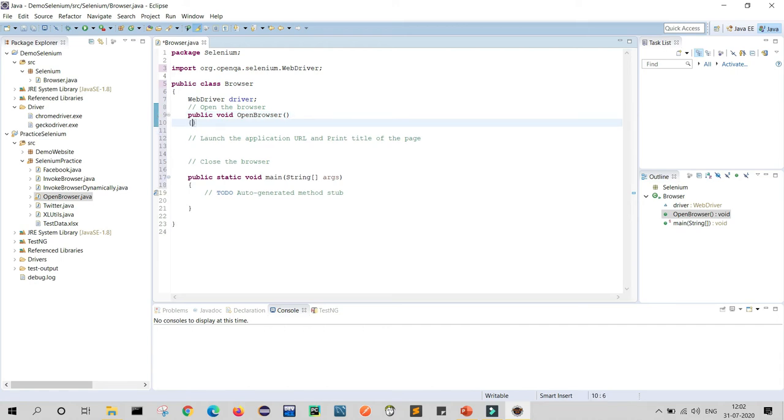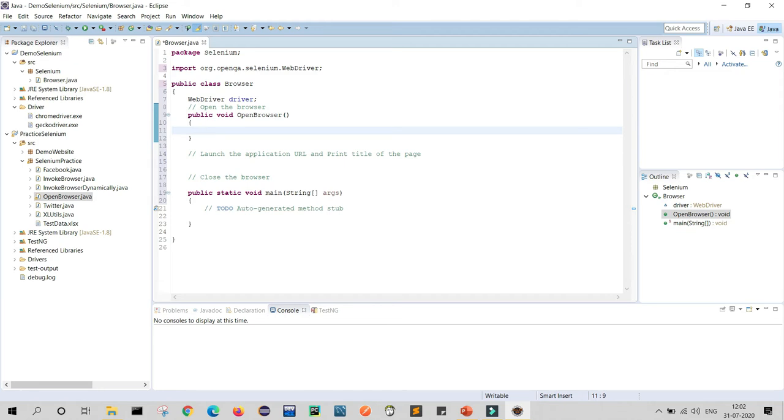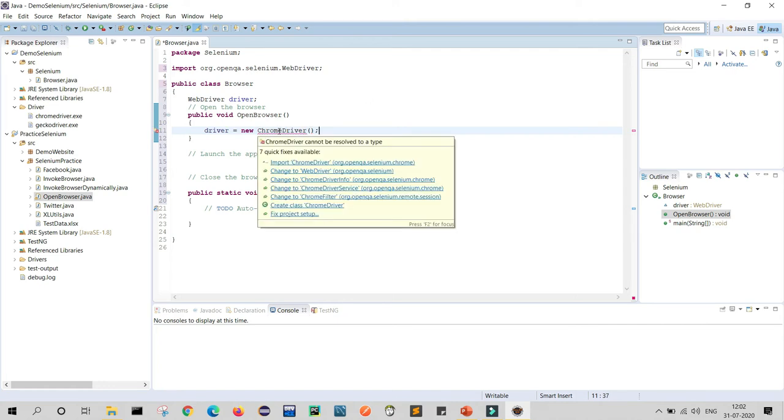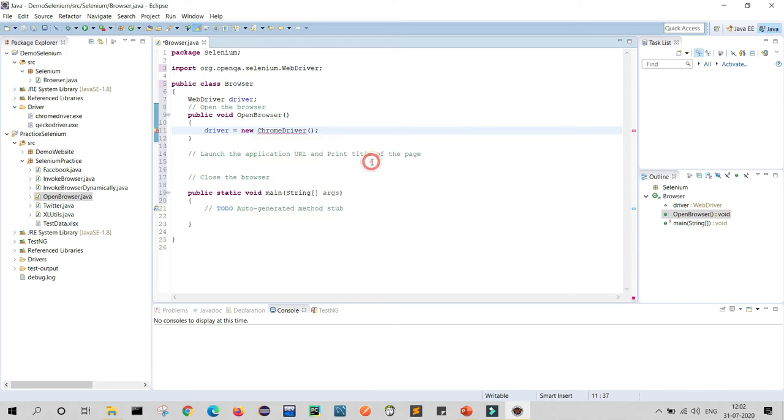So you can write driver equals to new ChromeDriver. It is asking to import ChromeDriver, so just select import ChromeDriver, org.openqa.selenium.chrome. Just select it. But friend, this will not run because I have still not set any system properties.